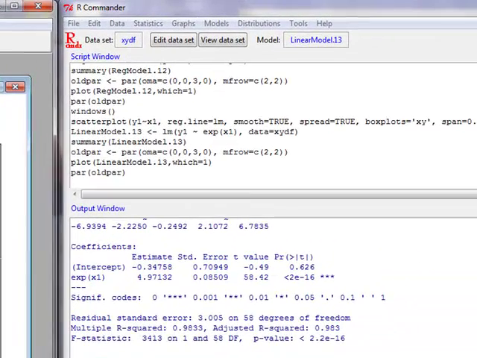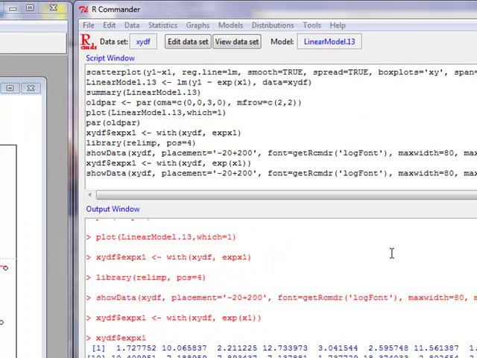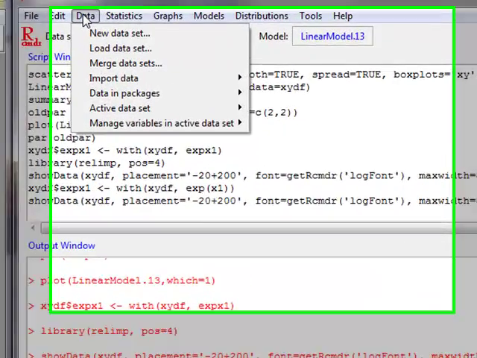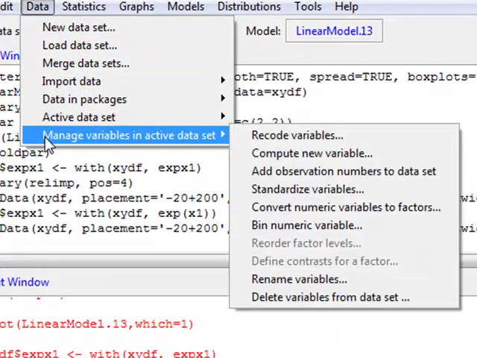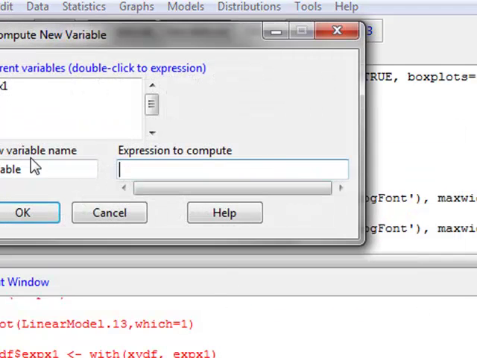So this residual plot looks really pretty good, but it would also be nice now to look at a scatter plot of the transformed data. To do that with the transformed data, we're going to actually have to create a new variable. So to do that, we're going to manage variables in active data set, compute new variable, and I've already done this once, which is why it's there, but I'm going to say